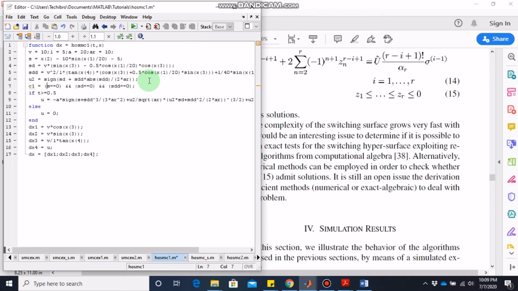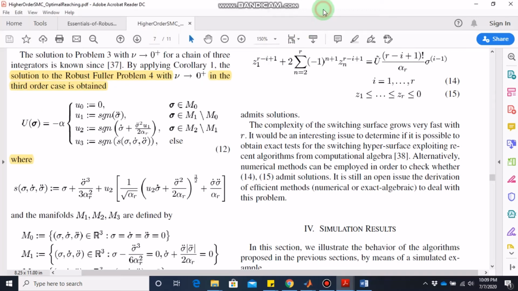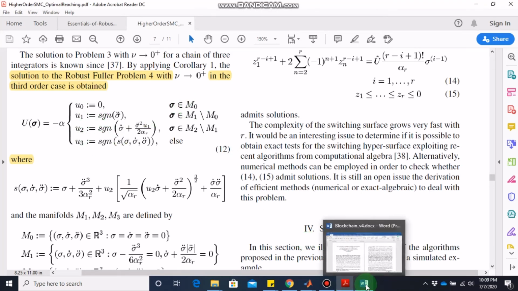So this is condition C1, which shows that C1 will be equal to 1 if all of these 3 are equal to 0, otherwise C1 will be 0. So C1 will basically tell us whether we are in M0 or not. And similarly, we go